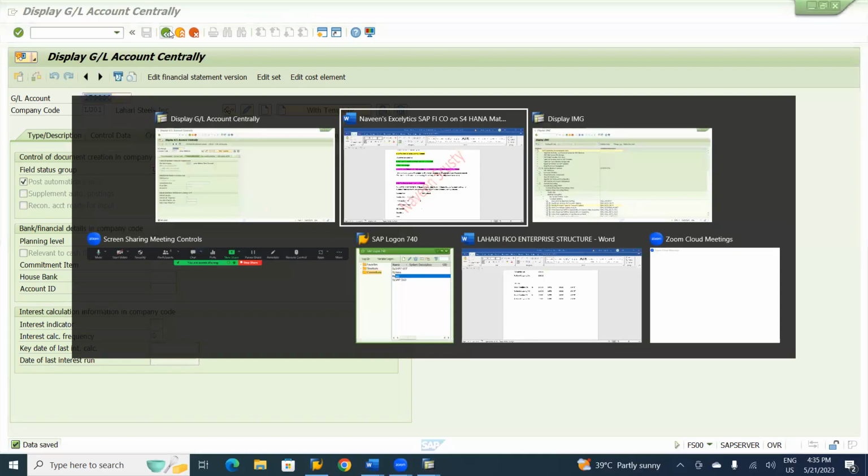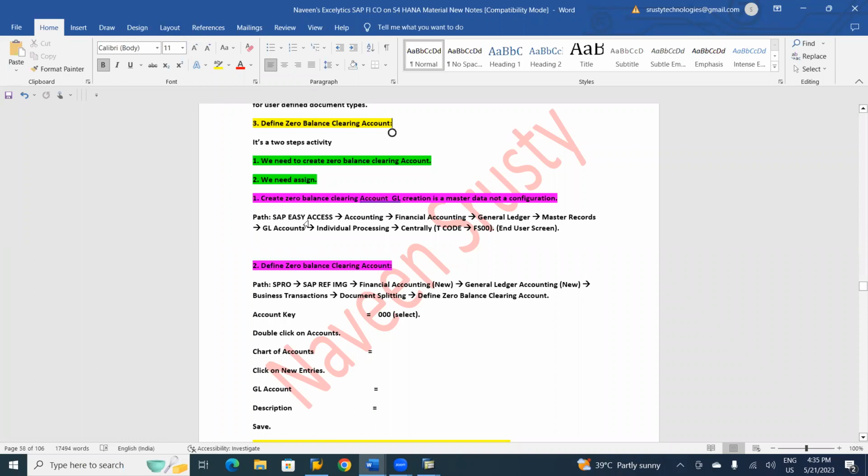Next step, we have created zero balance. Next one, assign zero balance ledger account. Write down, define zero balance clearing account. Path SPRO, SAP reference IMG, financial accounting new, general ledger accounting new,